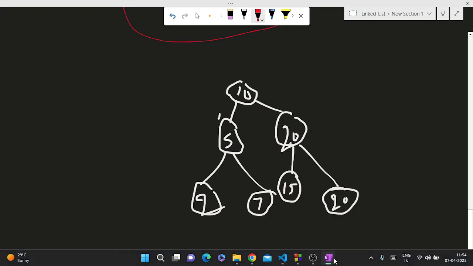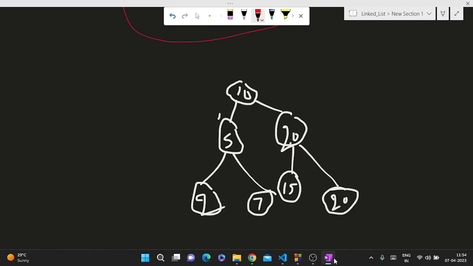Now we are discussing binary search. The main intention of using a binary tree is binary search. That means you need to search whether an element is there or not. That is your objective. And why do you need to use binary search instead of, like, if there is an array, if you want to